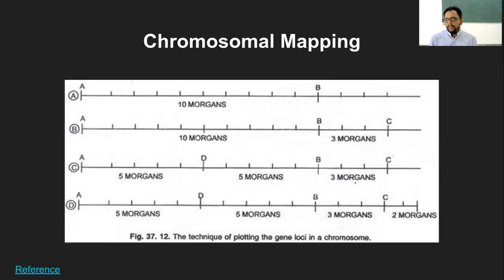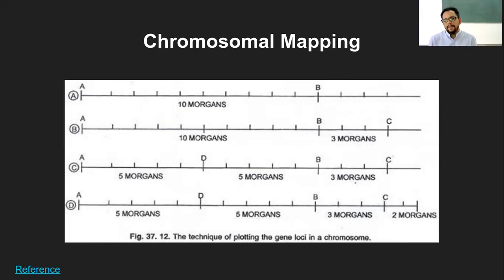See, we already know the whole genome sequence now, right? And this has been verified, though there are a few gaps in chromosomal mapping because of the additions and deletions that keep happening in the genome. Otherwise, this has been the trend people follow with respect to the distance between two genes. One gap that they're showing is actually 1 Morgan.